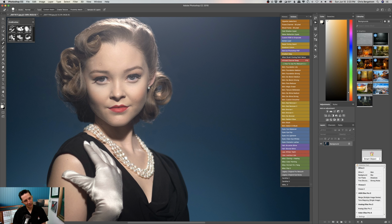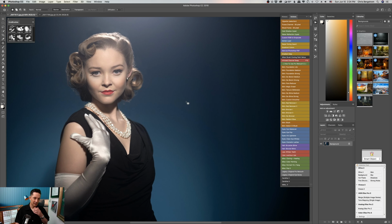All right, I'm going to go back to the patch tool and just select this little spot right here. And I'm just looking for a nice clean area. Let Photoshop do all the blending. All right, that looks pretty good. All right, so next thing we need to do to make this look vintage and old